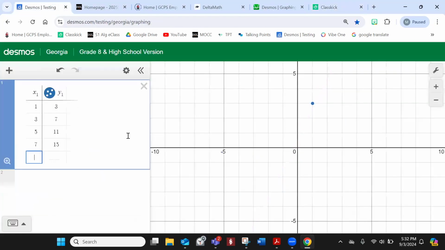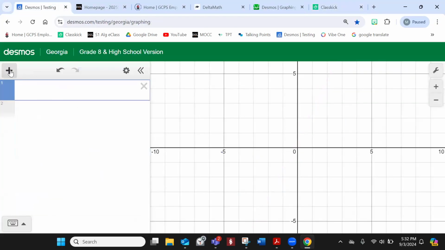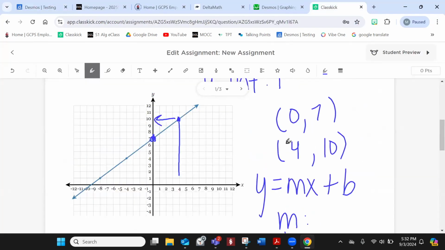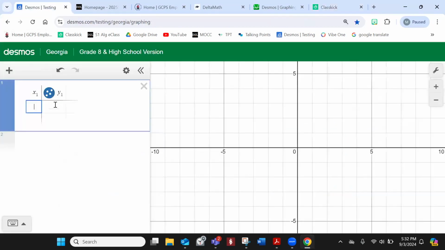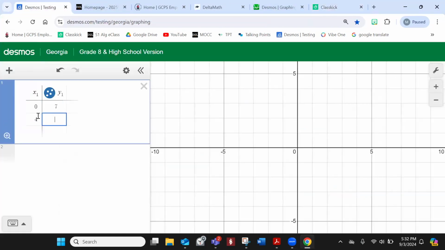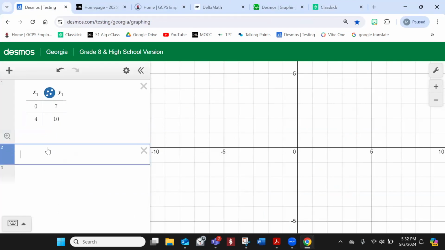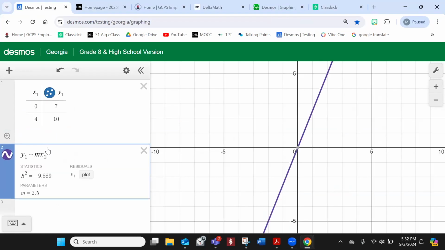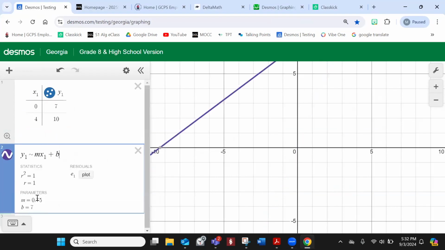All right, so I'm going back to the table. Hit the plus sign, hit table, and then I want to put in these 2 points. Y'all, you can put more than 2 points, but you need at least 2. If you got 2, it'll work. All right, so I'm going to put (0, 7), and then (4, 10). Okay, and then now I'm going to do y1 ~ mx1 + b. Okay, that gives me the